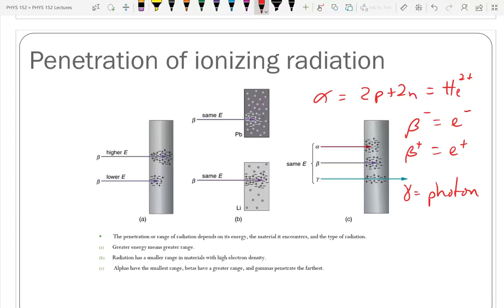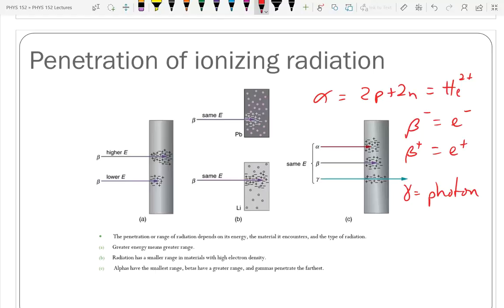Now, before I go any further, I need to make something real clear. Where do these particles come from in radioactivity? You probably know, so that's why I'm asking you rather than telling you. Where do they come from? Maybe you don't know. Okay, radioactivity is dealing with the nucleus of an atom. Not with the electrons going around it, but with the nucleus. So these particles are coming out of the nucleus.